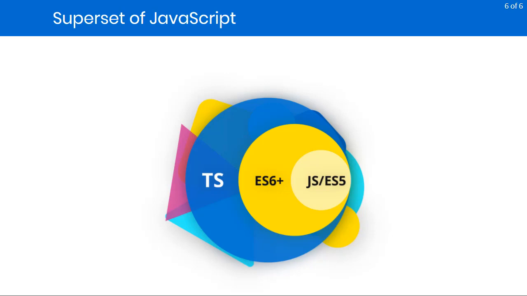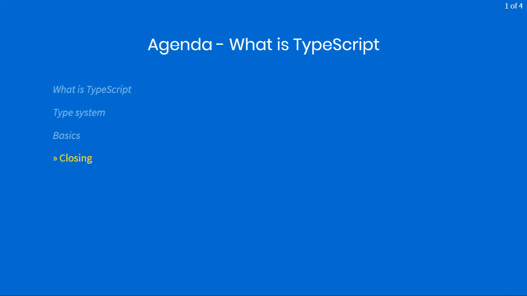Well, TypeScript tries to do the same thing. So it has the goal of encompassing all of the current ECMAScript standards, supporting those, as well as providing additional features and functionality, such as type annotations, control flow analysis, and things like that we'll explore as we go through this video series. And that brings us to the end of this first video, where we explored what is TypeScript, what is the language, what supports the language, and how can it be used in your applications.